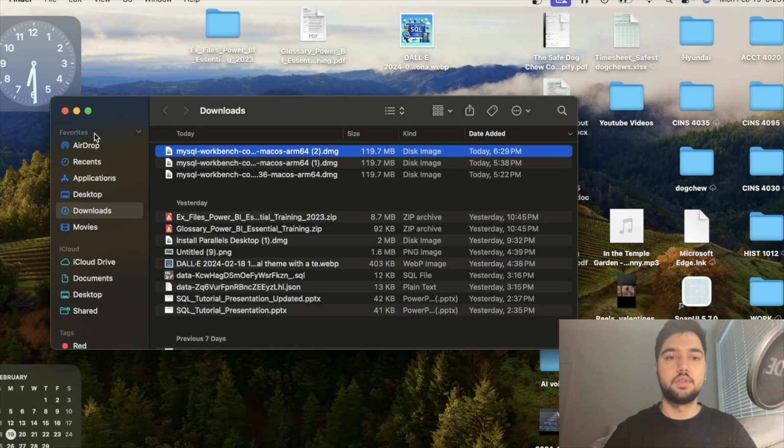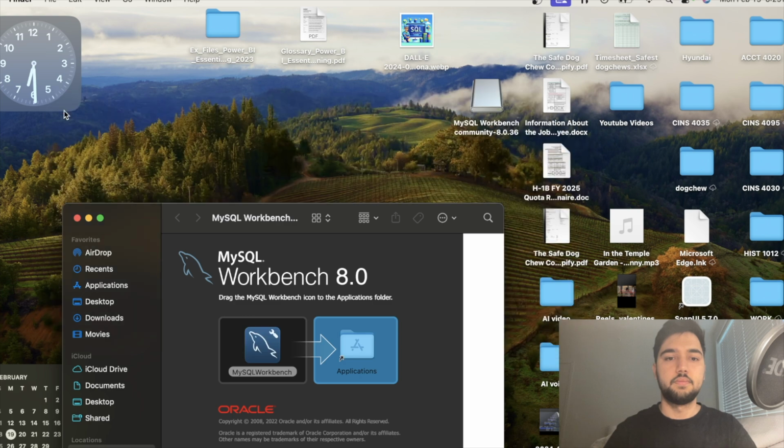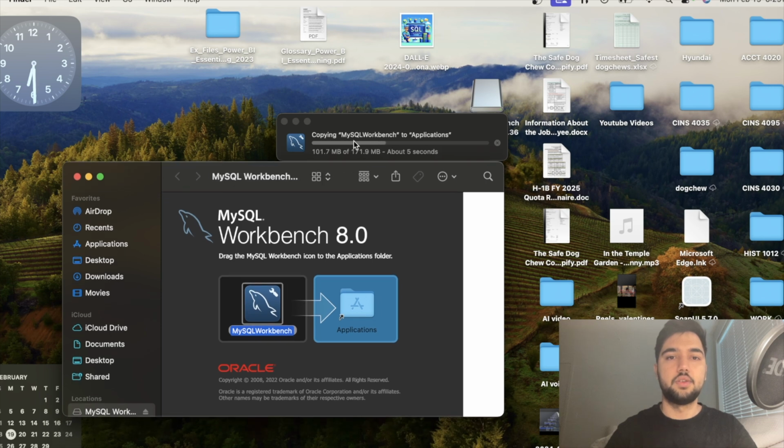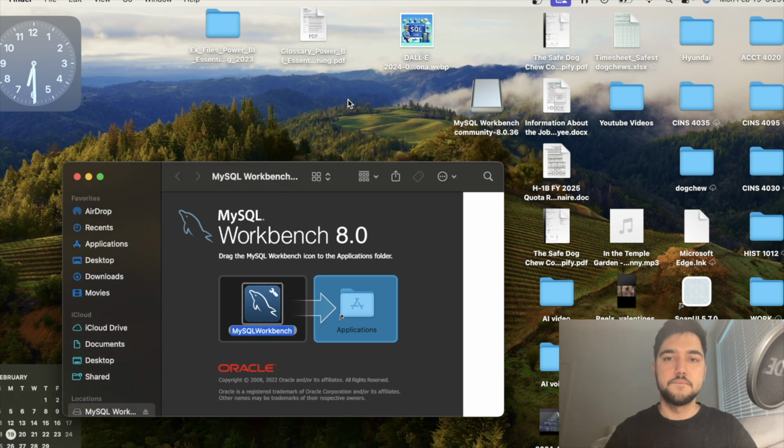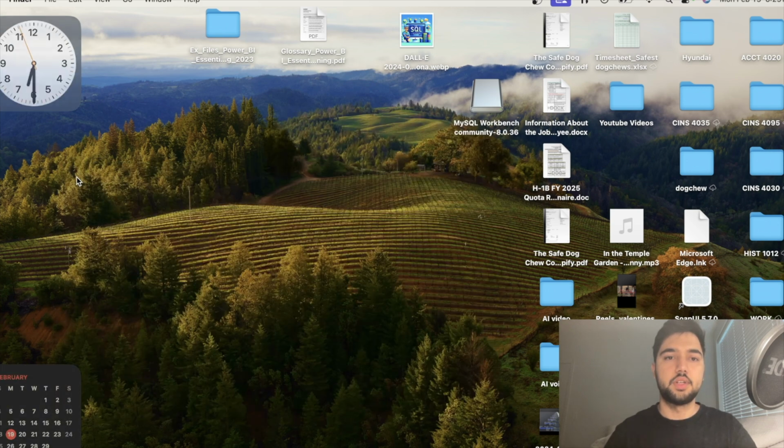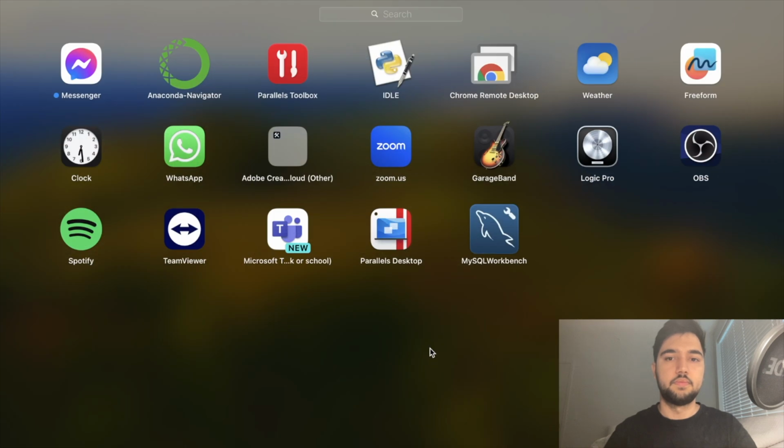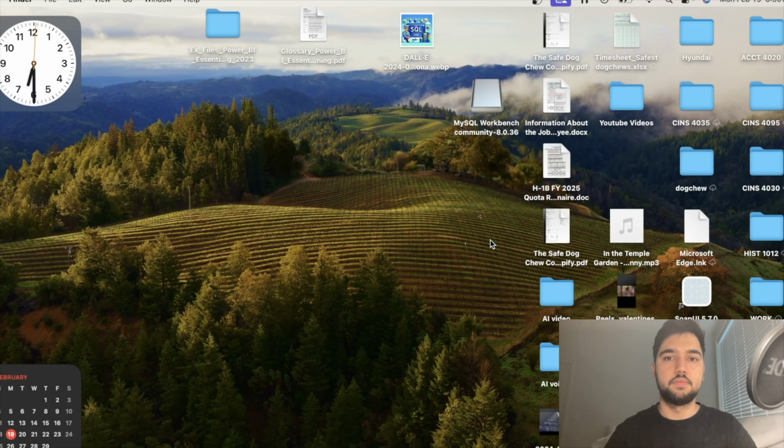Now what you've got to do is click on this, drag it there. It will start to install. Then cross it out, launch, open,